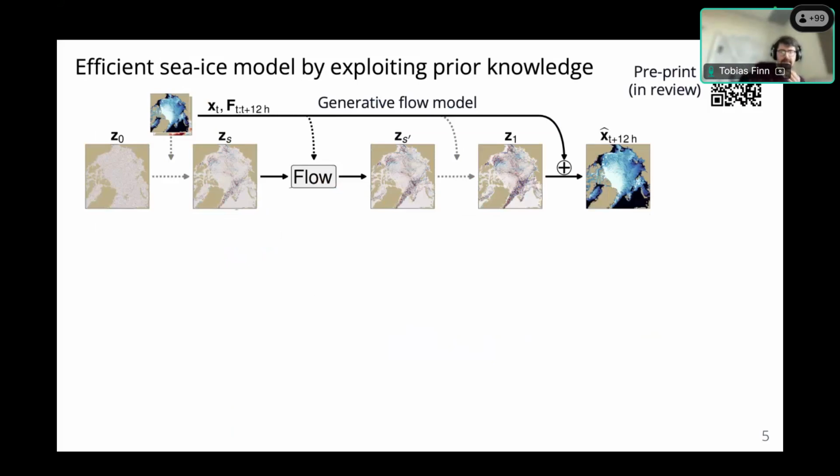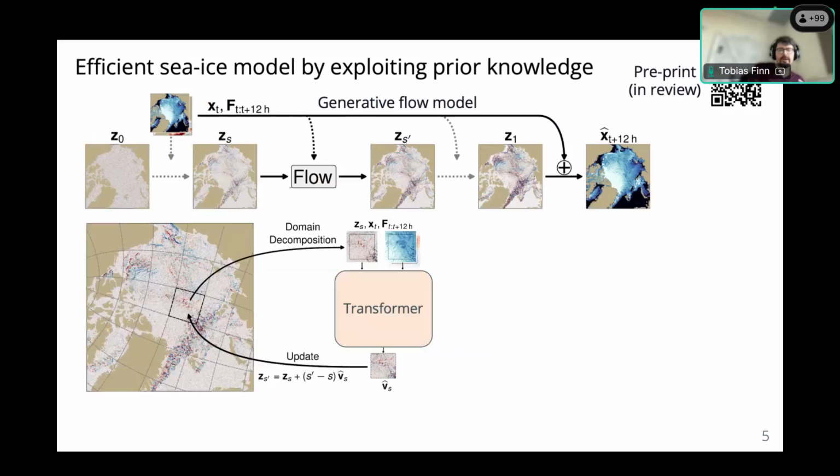And the thing is that here, to make this very efficient, we use a trick which is also often used in numerical modeling, which is domain decomposition.